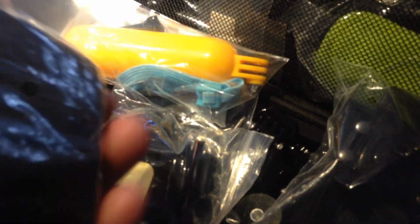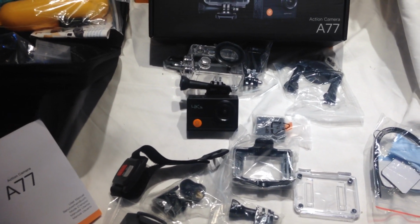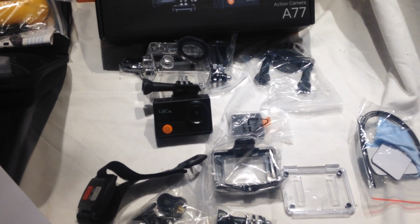There were a couple extras in this accessory kit that don't come with it. This is basically sold separately. I wanted it for the hard case, and then I noticed on Amazon that there is one for $100 that comes with an accessory kit and a hard case. So you have to really watch when you're buying